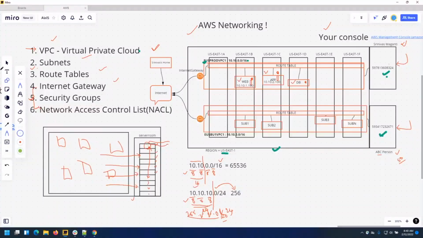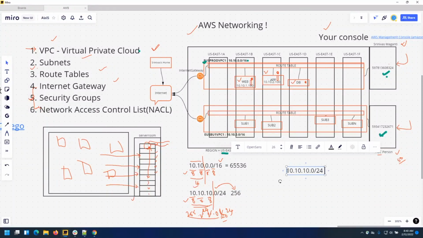Now let me put it this way. I have 10.10.10.0/24. In that case, if I assign 10.1 as the production IP for my server,